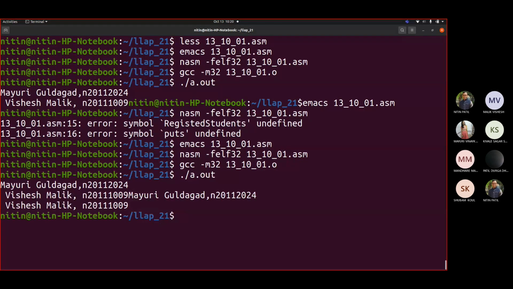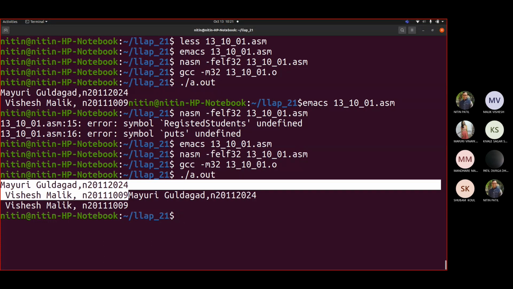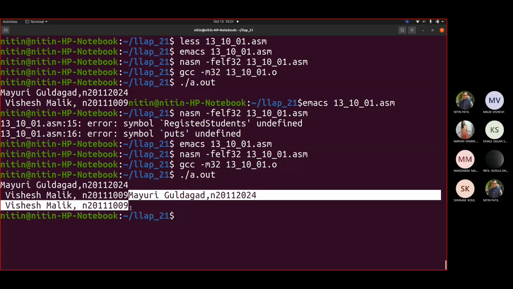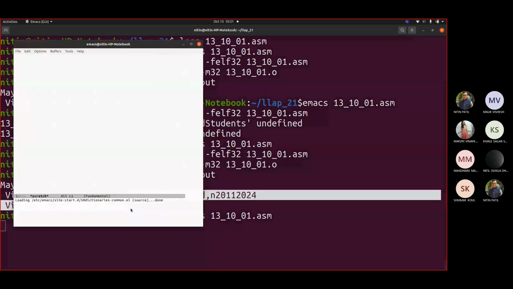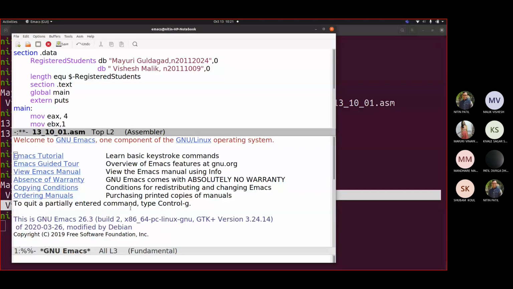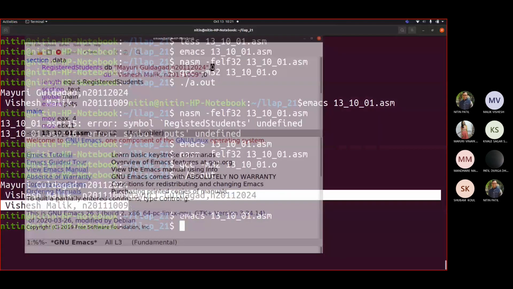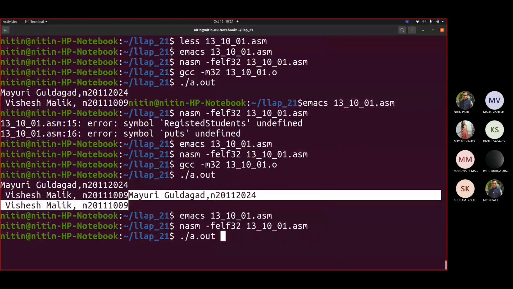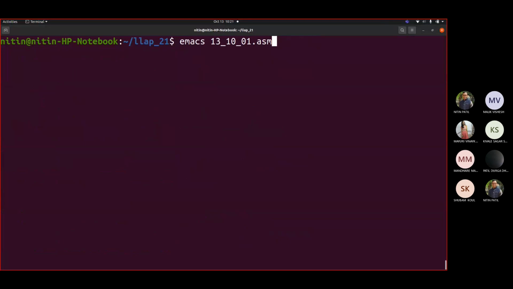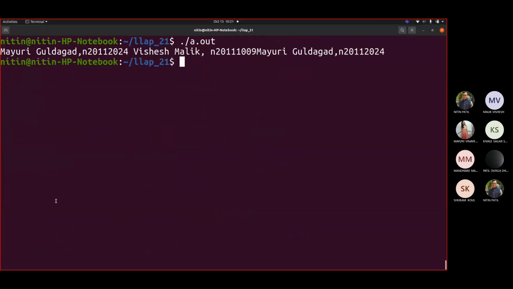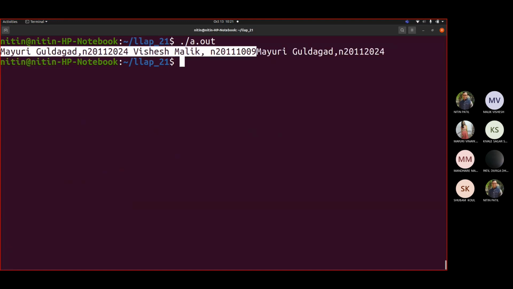a.out. Now you can see this was your write system call and this was your printf. So printf doesn't care, but it definitely cares about this. Say for example, let me go back to Emacs. Now instead of 10, suppose if I add 0. Fine. Now see the difference between both. Now you will see your write system call printed the whole stuff, correct, as per the length.